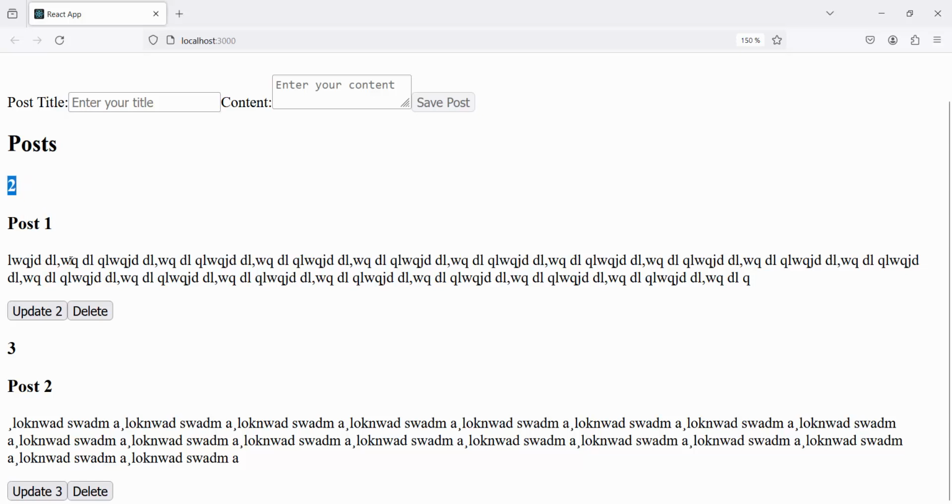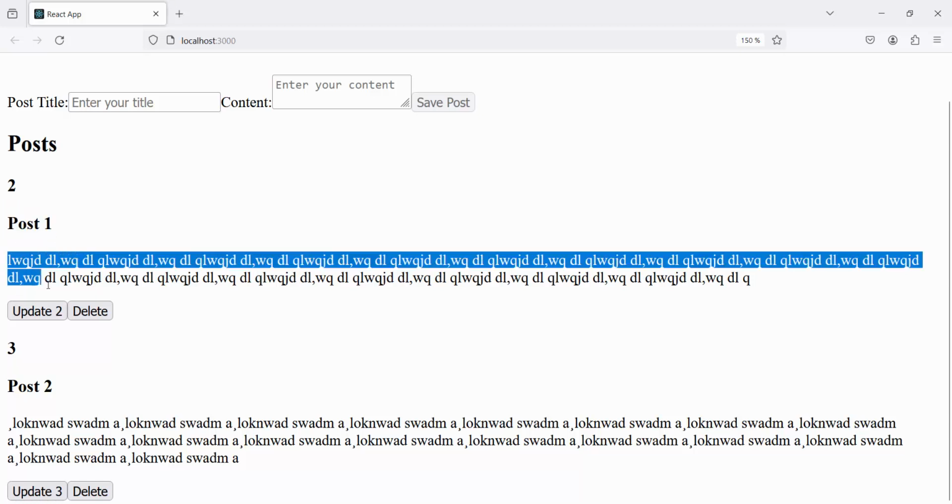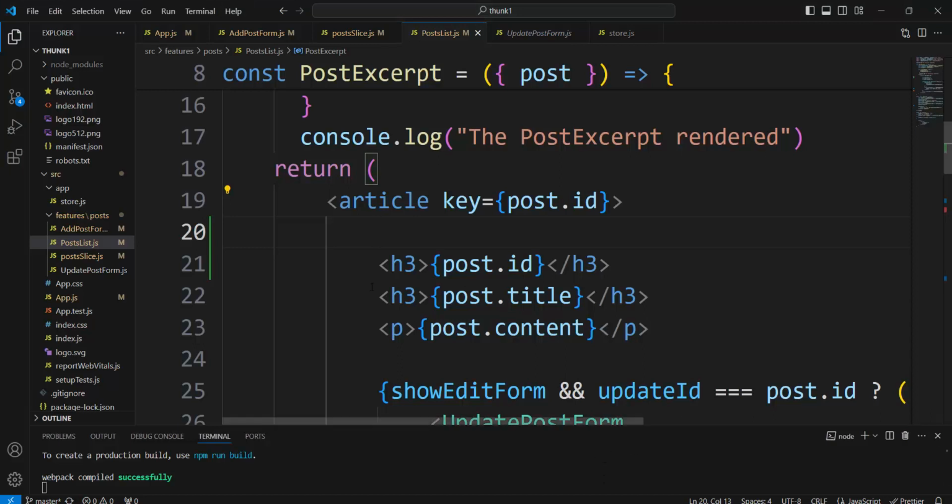I only coded it so that we see that post ID here is 2, post title and post content. Also update, here is post ID 2, and here update post ID 3, and as here it is,